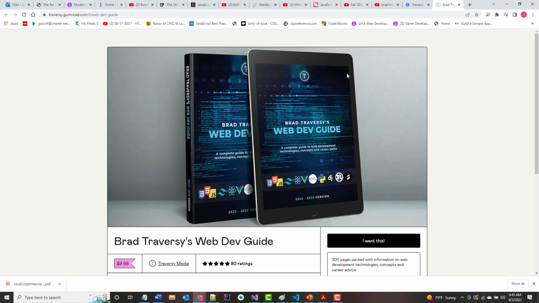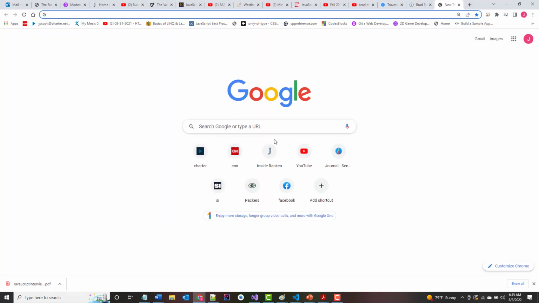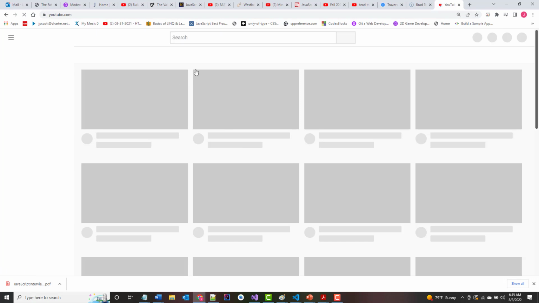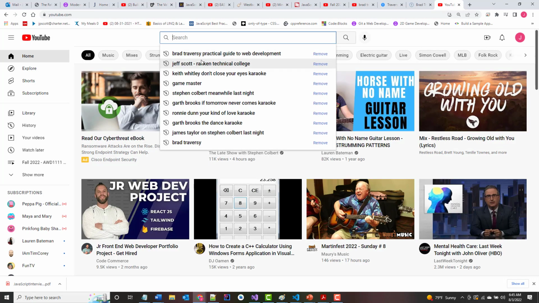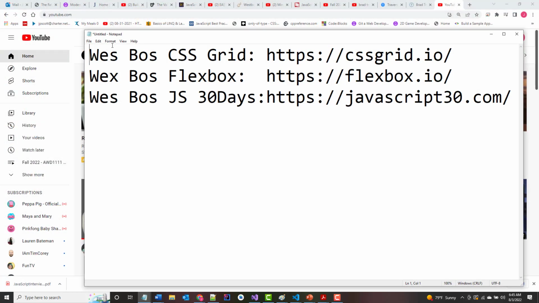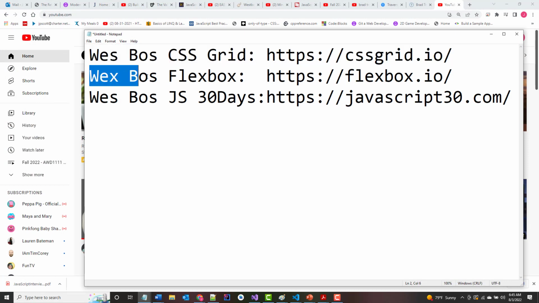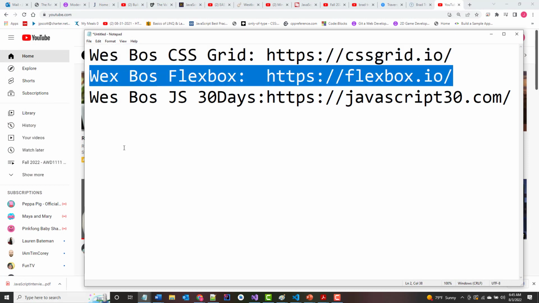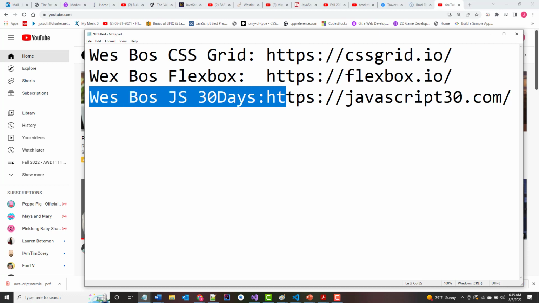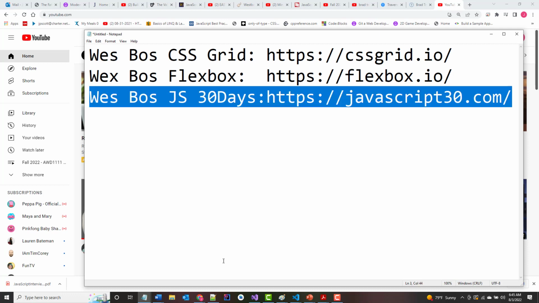And here's one time where I would strongly recommend that if you're still, whether you go through, let's say, "Hey, I don't want to go through this. You told us to go through this West Boss CSS Grid and this West Boss Flexbox tutorial." He's even got another free one where you build 30 different JavaScript projects in 30 days. All right, again, I've asked you to check the first 2 out, really, if you can, to check out all